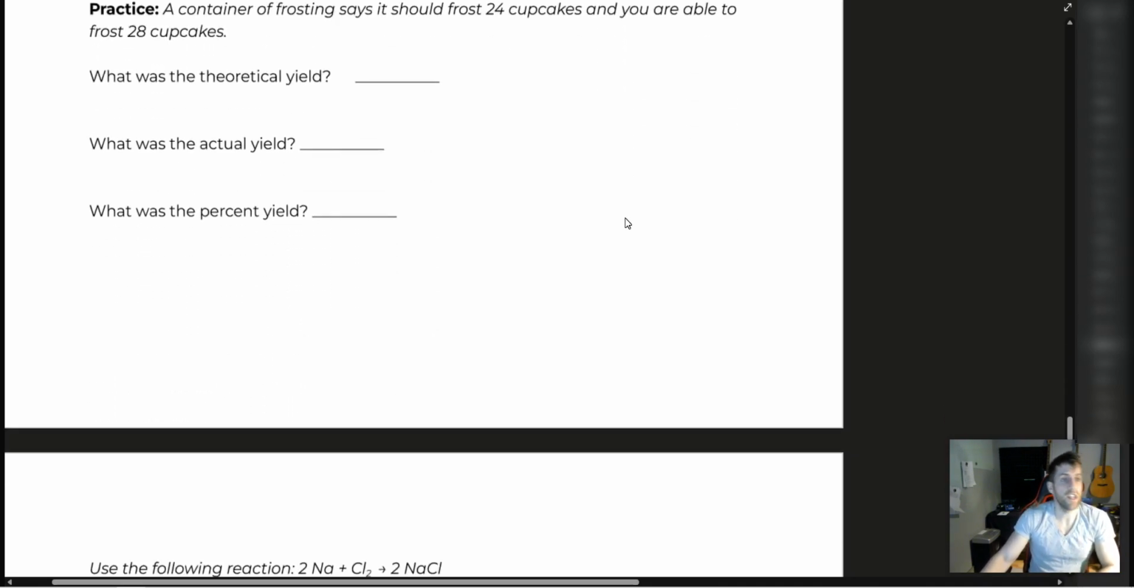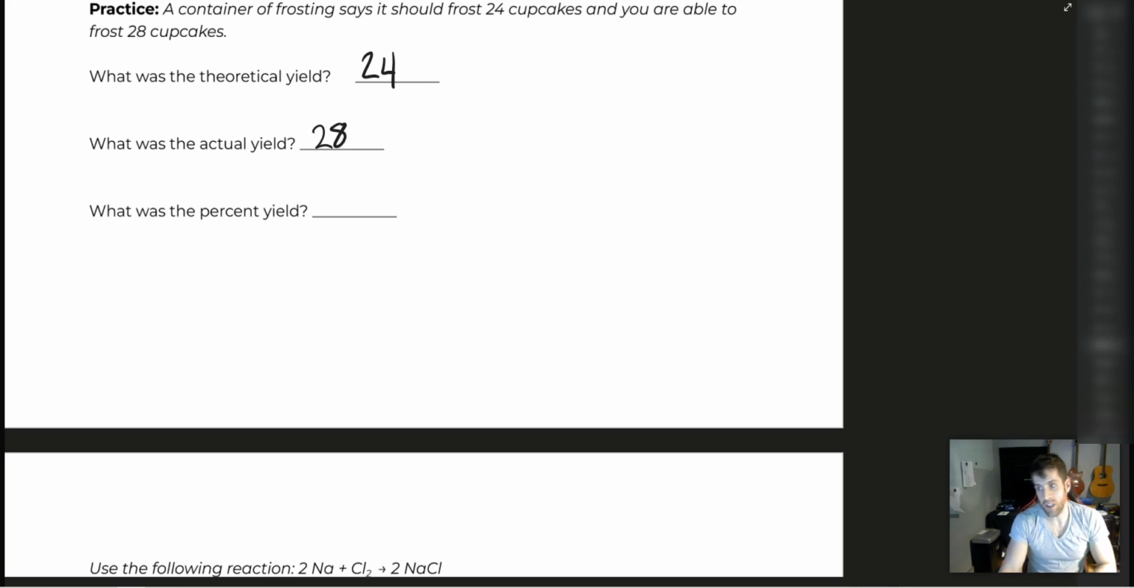Moving forward, a container of frosting says it should frost 24 cupcakes, and you are able to frost 28 cupcakes. What is the theoretical yield? Well, technically, we should be able to frost 24 cupcakes. We actually were able to frost 28. So what was the percent yield? Well, we need to do the math on that. That's 28 divided by 24 times 100%. We end up getting